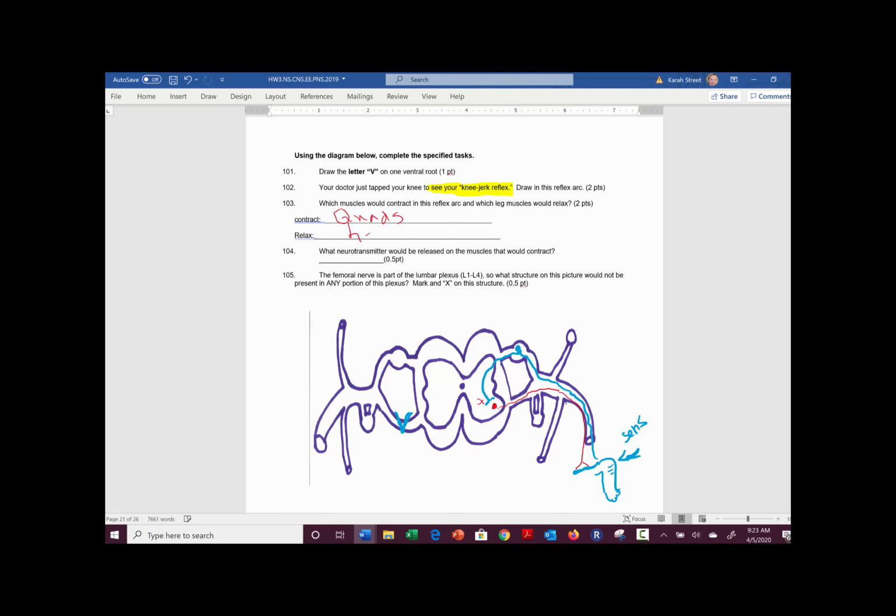So the hamstrings need to relax. What neurotransmitter is released on muscles that contract? Acetylcholine. Is there a neurotransmitter released on hamstrings to make them relax? No. So what happens is